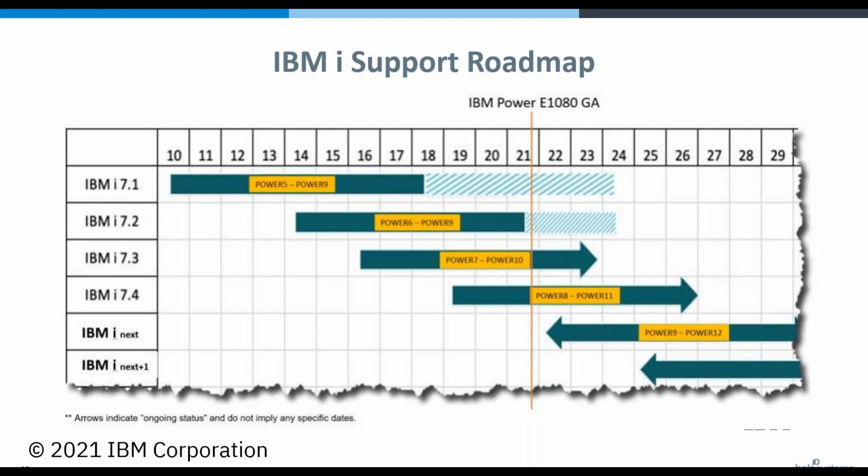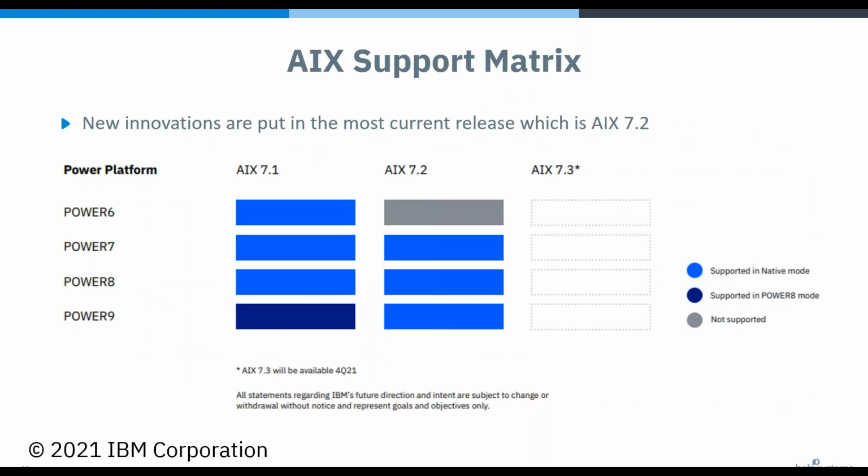Out, and then the support of this out into the 2030 timeframe. Pretty crazy. Now, we can't forget about our colleague AIX. AIX has a new OS 7.3, has not yet been released, but it is in beta. So if you're an AIX customer and you're interested in getting your hands on 7.3, that should be available in